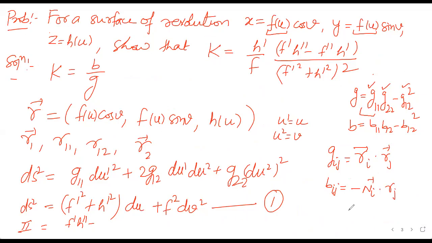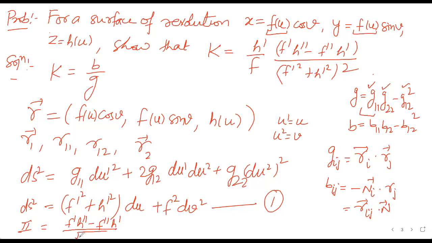तो इसका Bij आई थिंक प्रॉब्लम मैंने किया है किसी इसमें फॉर द सरफेस ऑफ रिवोल्यूशन. पीछे एक प्रॉब्लम में आई थिंक किया हुआ है, उससे आप देखेंगे तो Bij विल बी कमिंग हाउ मच. तो ये भी फॉर्मूला होता है इसका और एक ये भी होता है Rij डॉट n पॉजिटिव साइड, वेयर n is you know what. So it will be coming f dash h double dash minus f double dash h dash upon